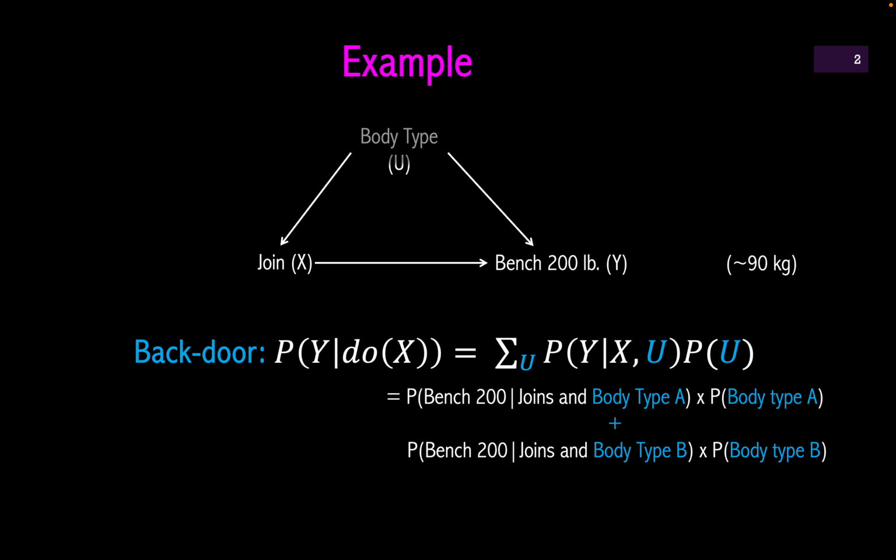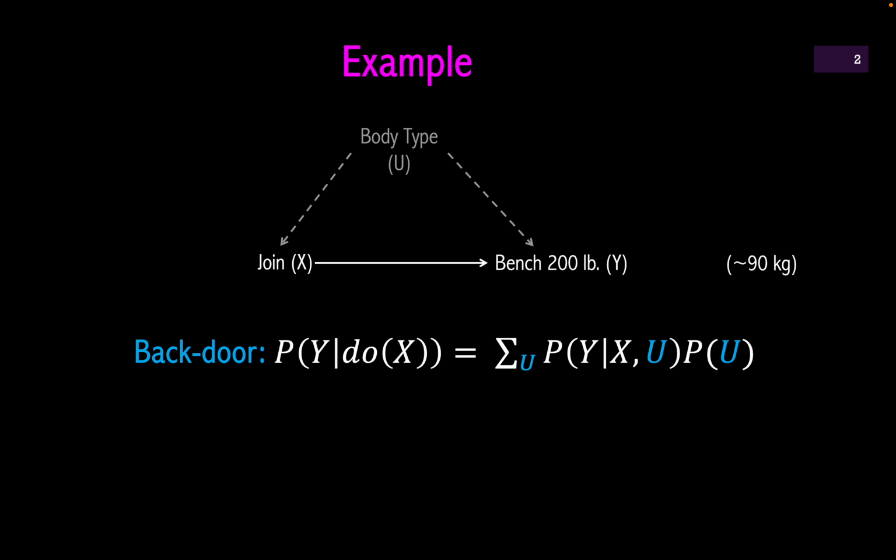Now suppose that you didn't measure body type, but know that the effect of joining on the outcome is entirely mediated by the time spent at the gym. Under specifiable conditions, one can identify the same effect using the front door criterion. Conceptually, this criterion combines two applications of the backdoor criterion, which identifies the effect of X on Z and of Z on Y. But for the moment, I actually want you to be slightly puzzled about how this effect is